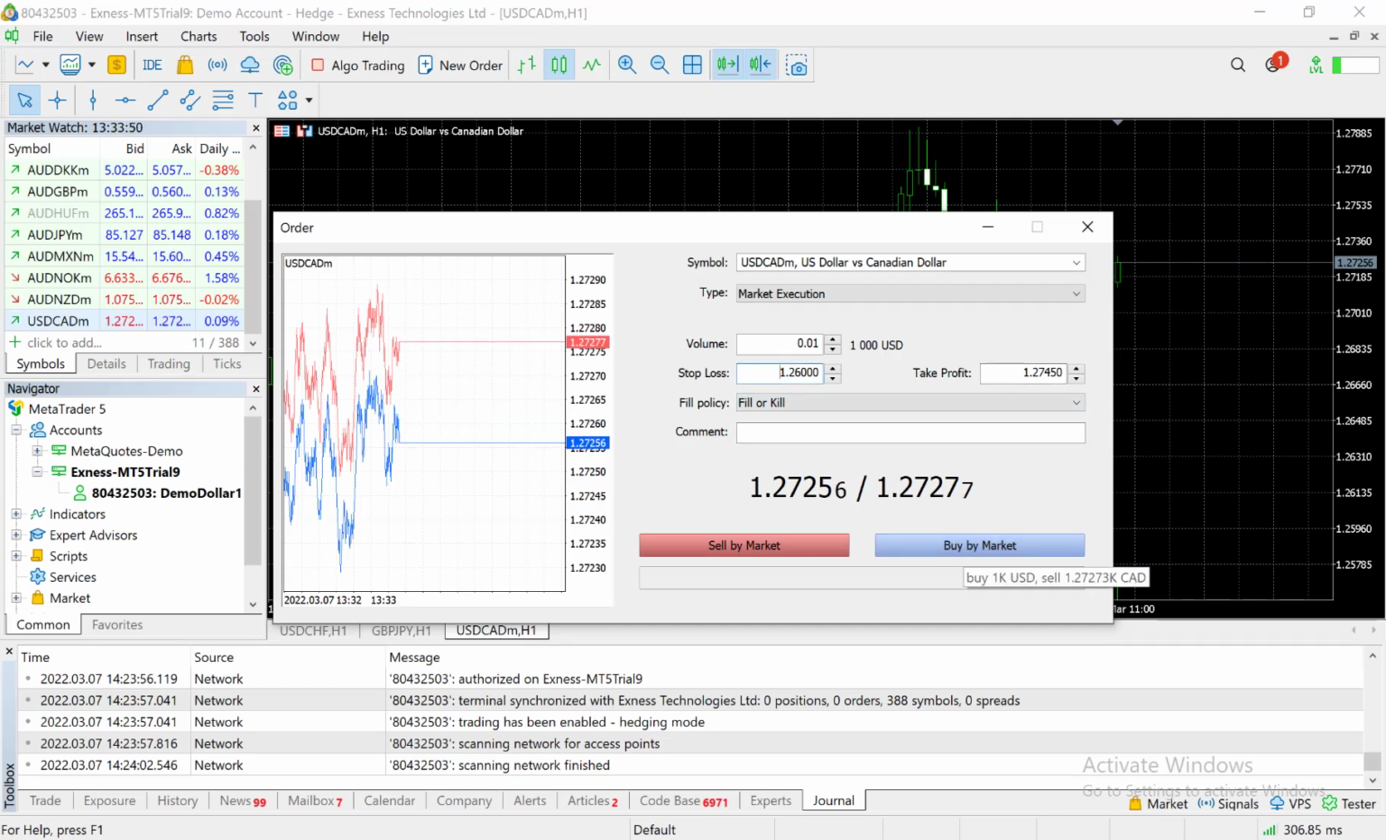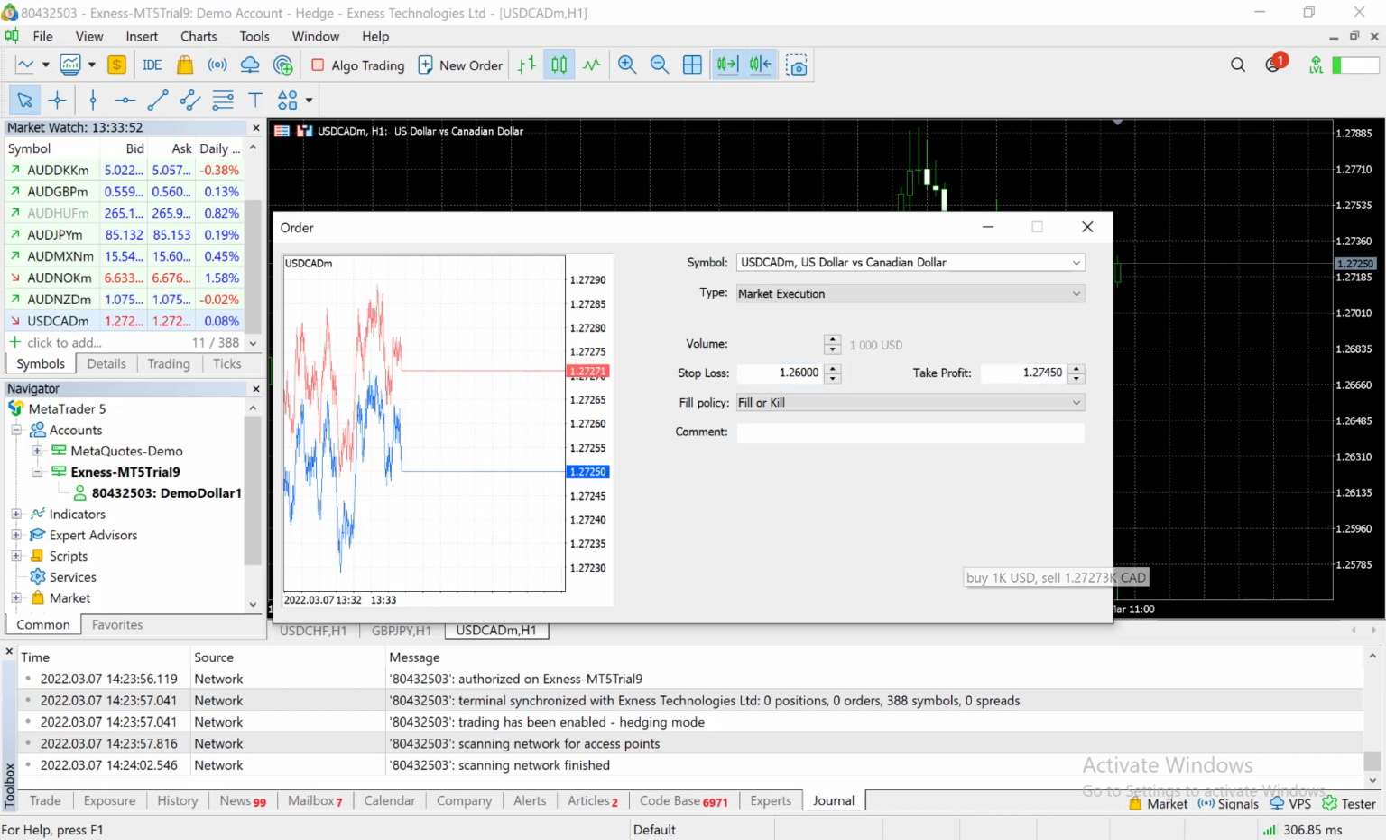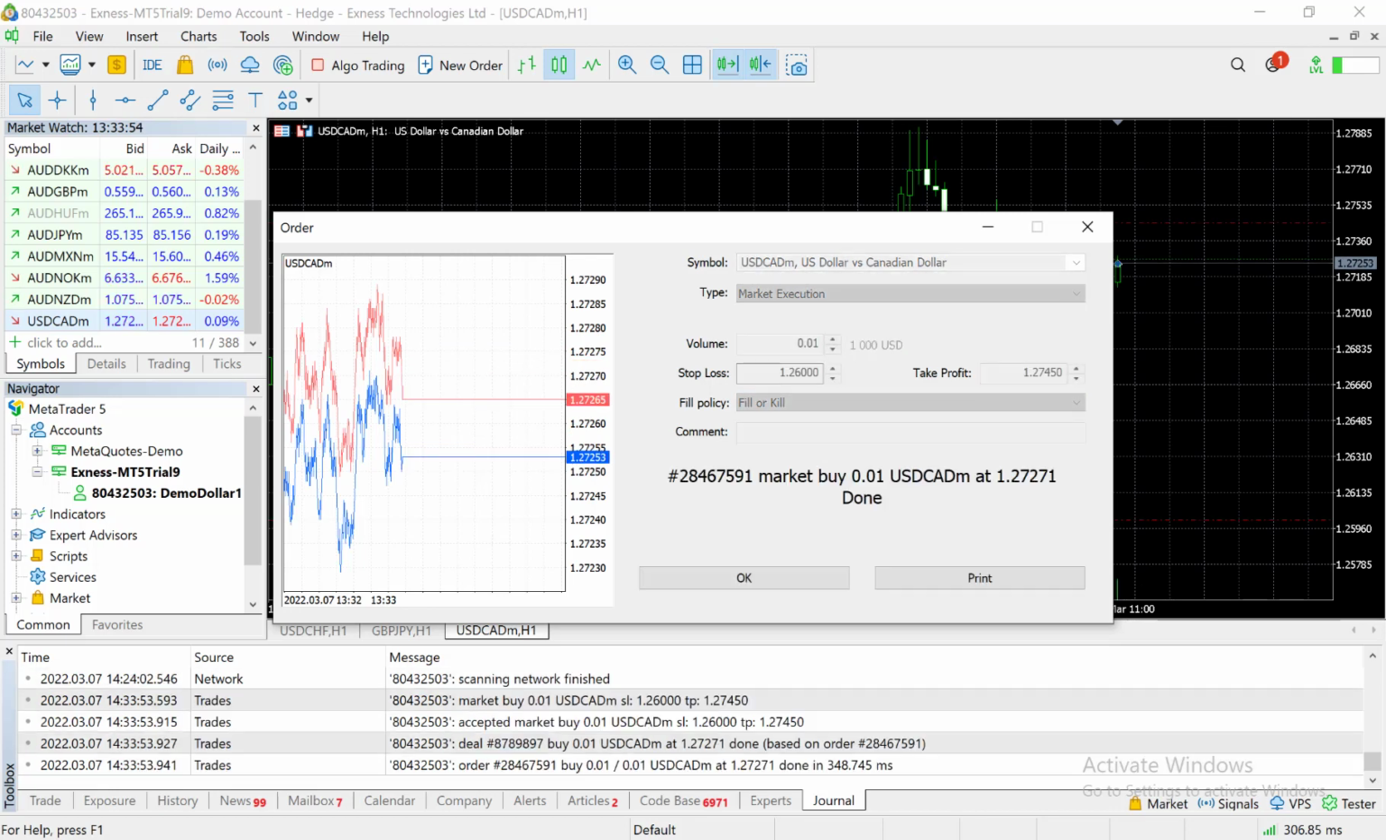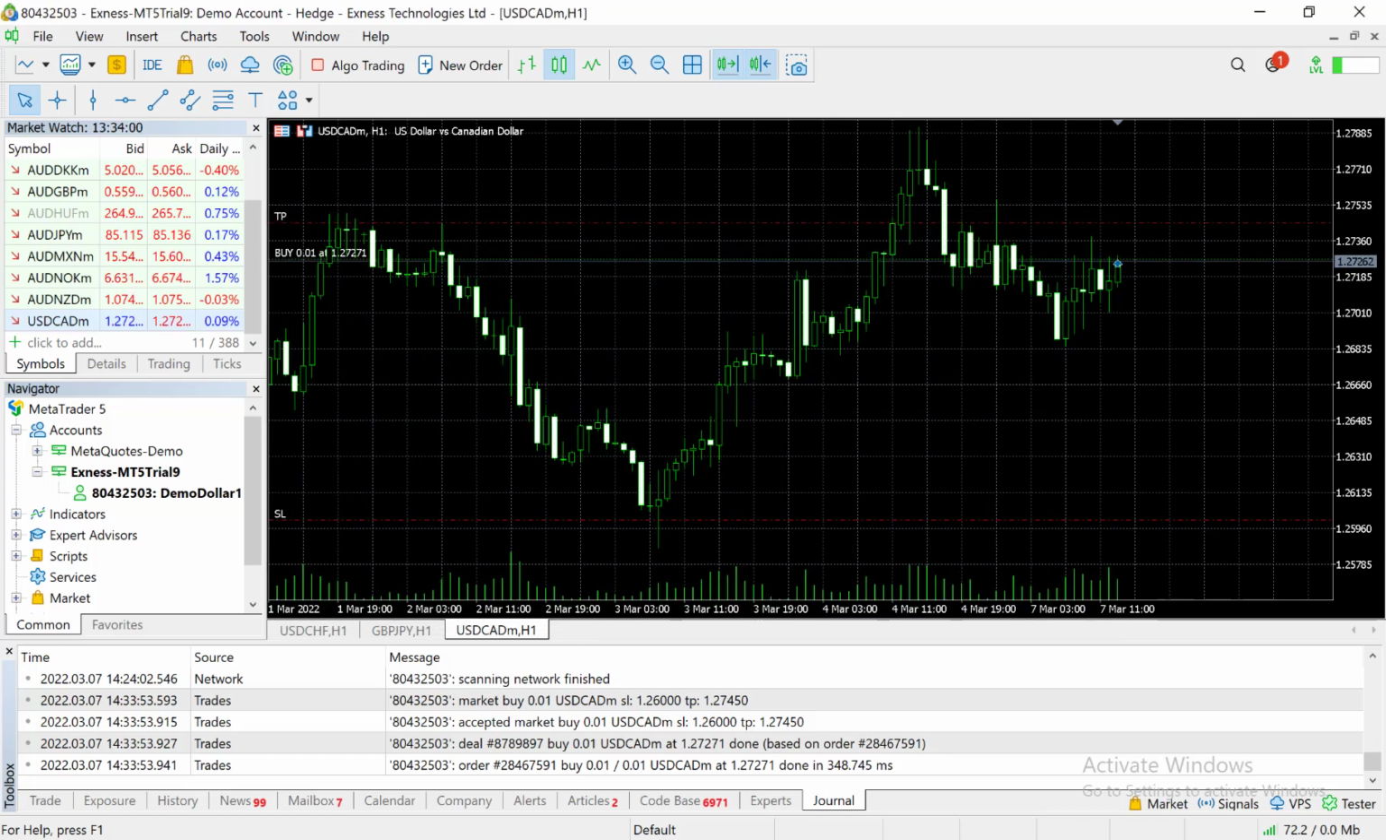So they say you should buy, right? The signal says you should buy, so you click on buy at market value. So the trade is actually being made. So you click on OK. So if you now come to your